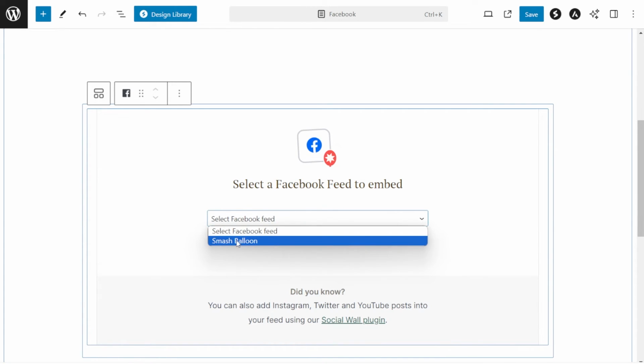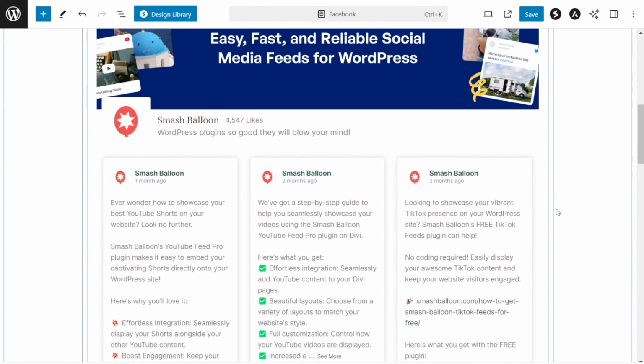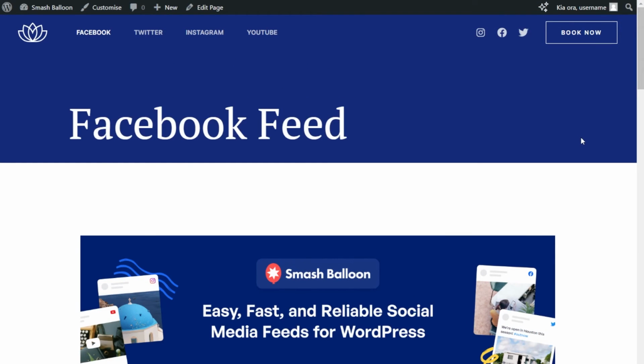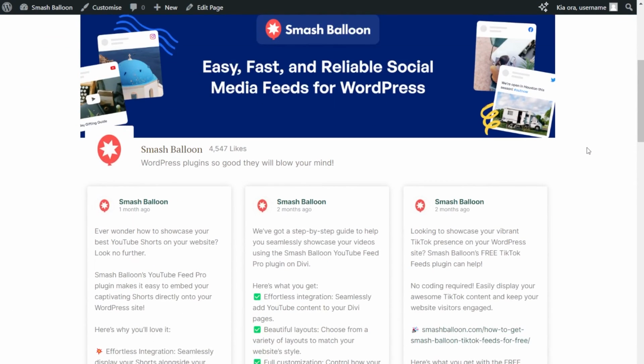This is the one we've created, so I'm going to select it, and you can see an instant preview pop up inside our WordPress webpage. We can now save our changes and check it out on the live WordPress webpage. And here we are now on our live WordPress webpage, and right in the middle is our brand new custom